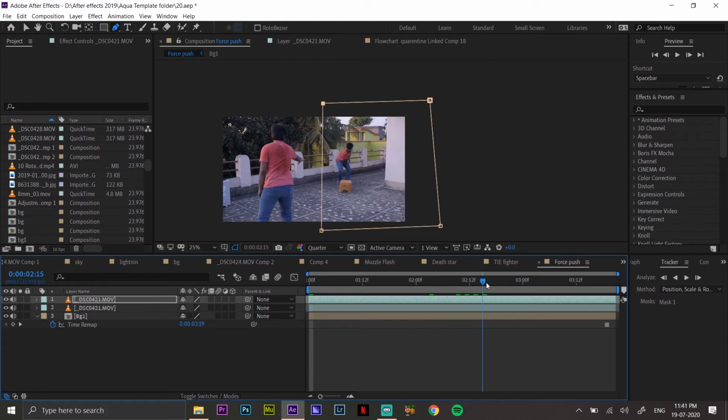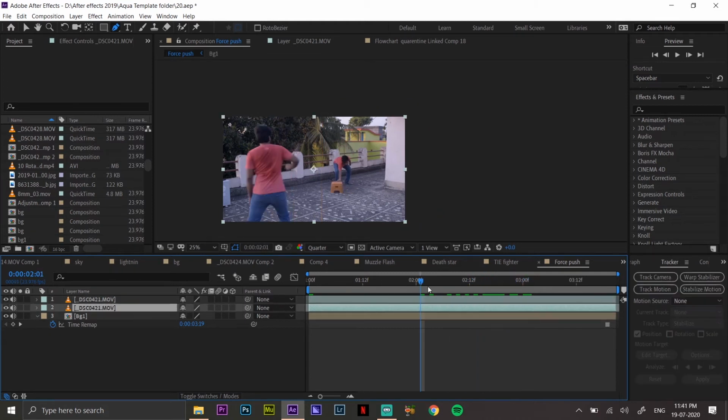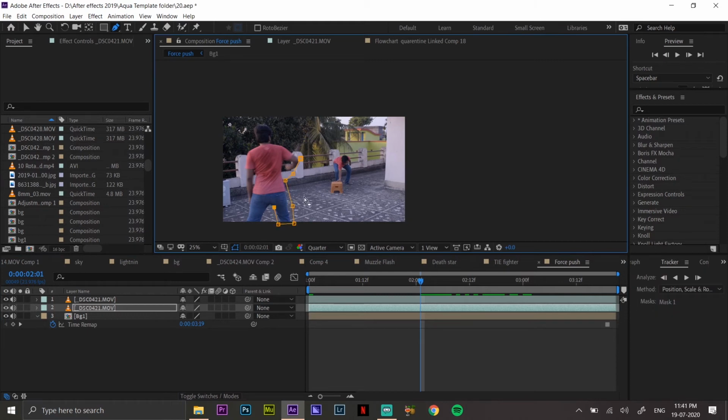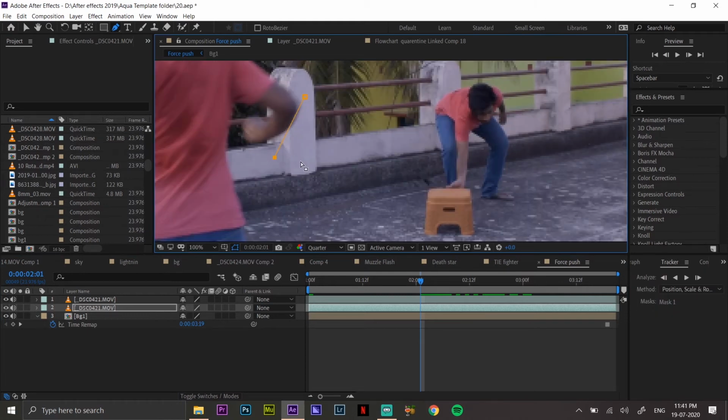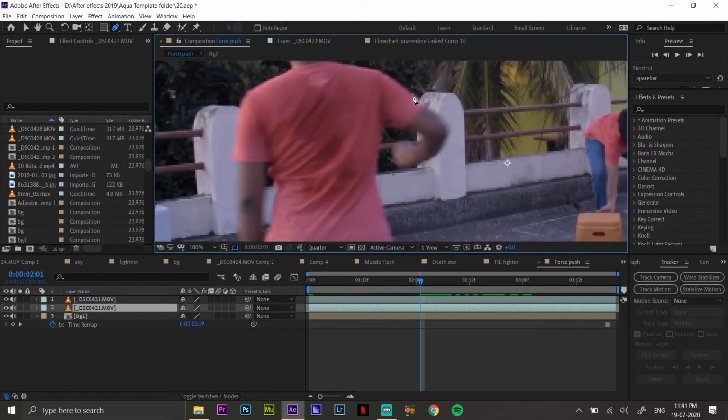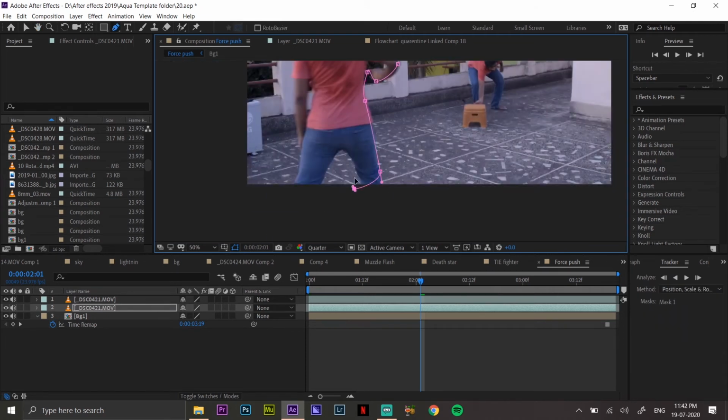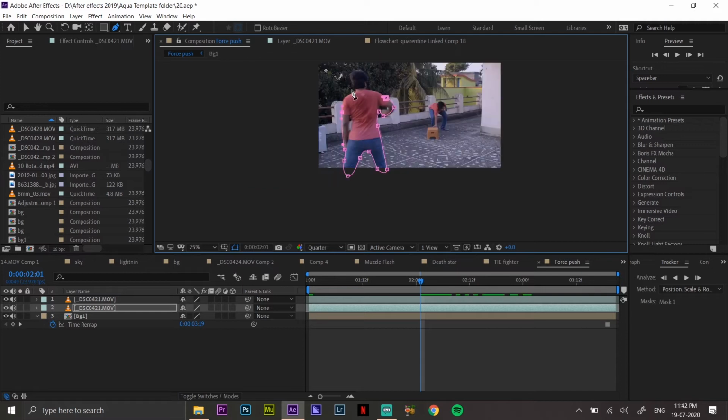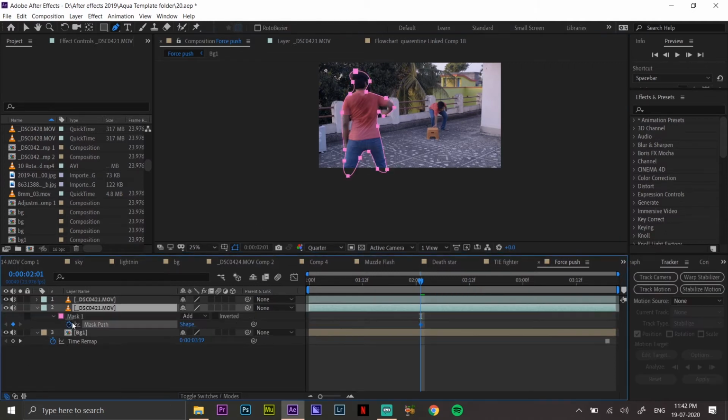So as you can see, I'm pushing and I'm pulling at the same time. You have to match those footage. So I'll mask myself right now because I am in the foreground, and I'll add effects in the background. So I have to mask myself, and I'll create a mask and keyframe it, and I'll mask it again and again.